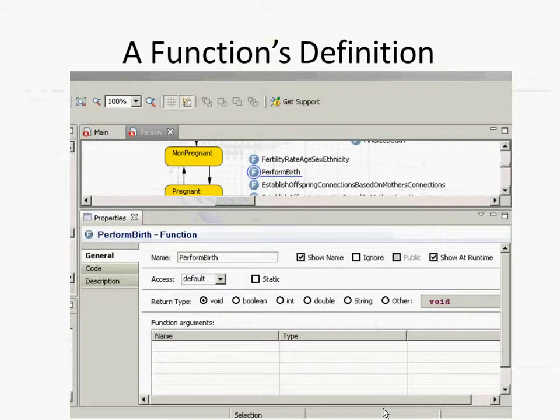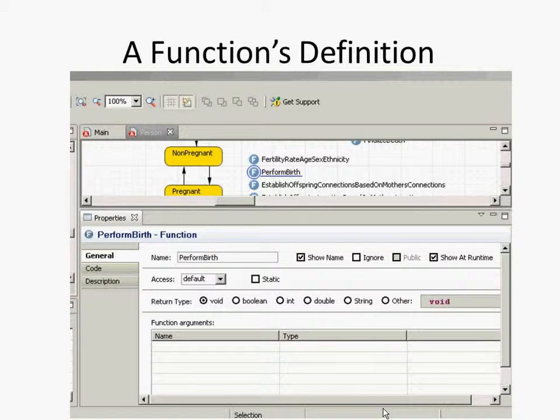But if you open up agent-based model with birth-death and you go to the Person class, what you'll see is that there's several methods there. One is called perform birth, and that takes responsibility when a woman goes from pregnant state to a not-pregnant state. This performs the birth, and so it basically makes sure the baby's born and has the appropriate connections to get started in life. Okay. If we go to perform birth, this is a function in AnyLogic, and we'll go look at the code for it,